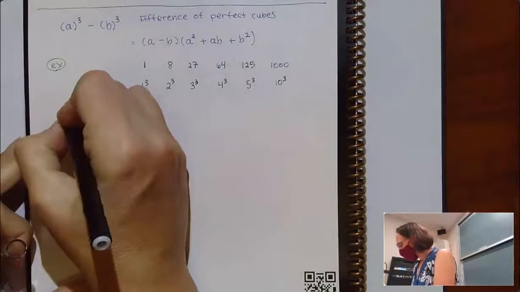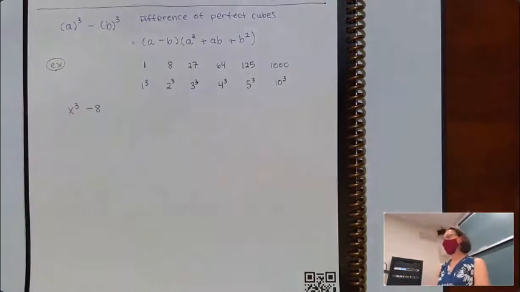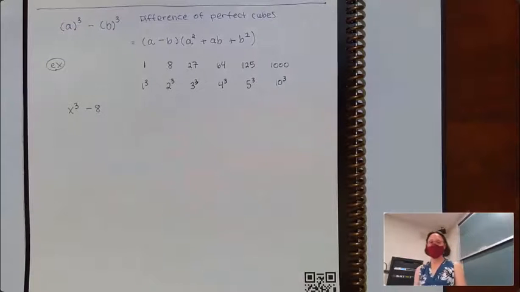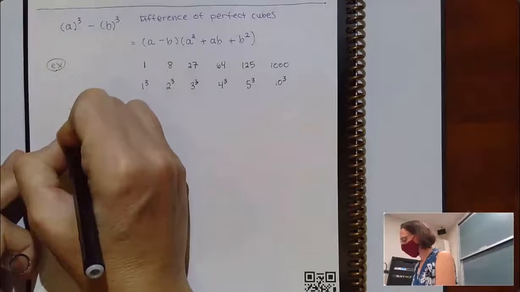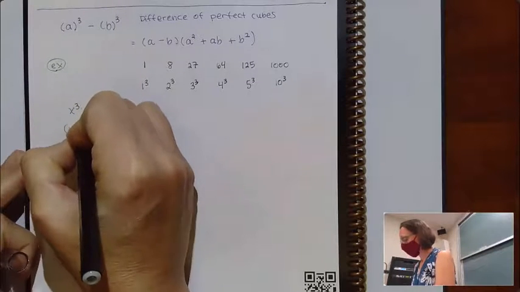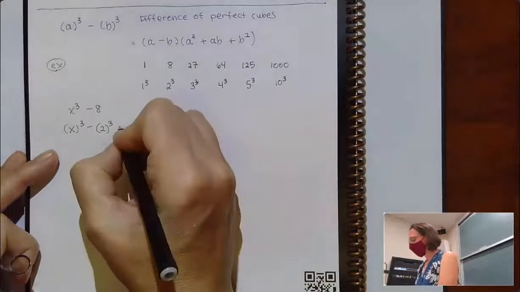So if I had x cubed minus 8, it would be important to know that we can look at that and recognize that that's the difference of perfect cubes, because that's equivalent to having, well, x cubed minus 2 cubed. So the way that our formula works